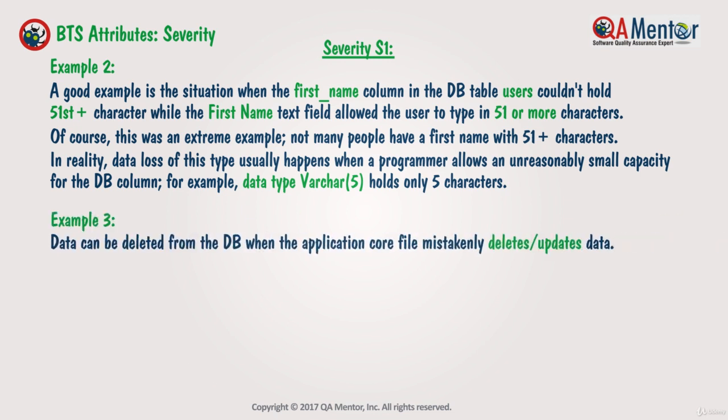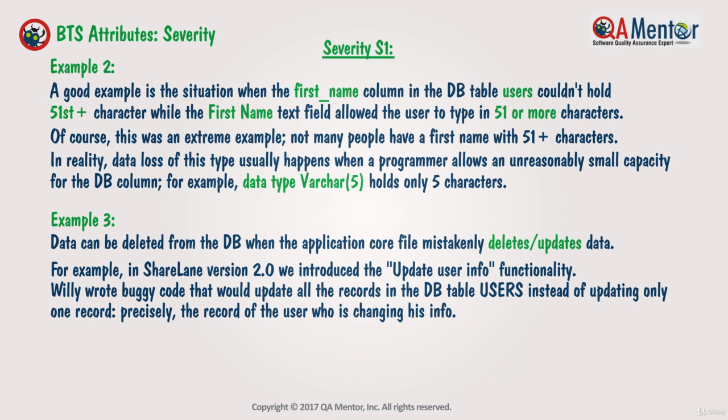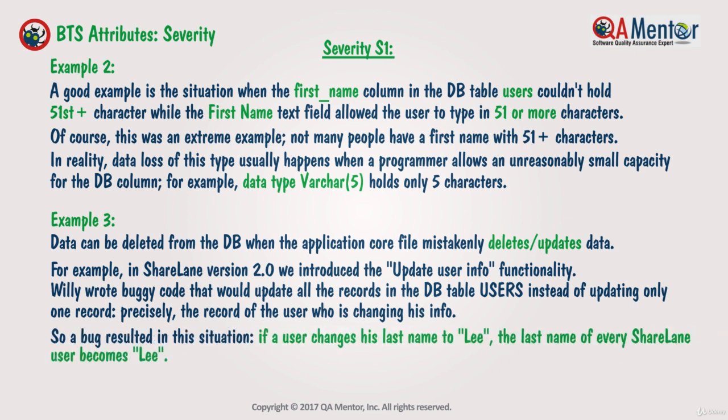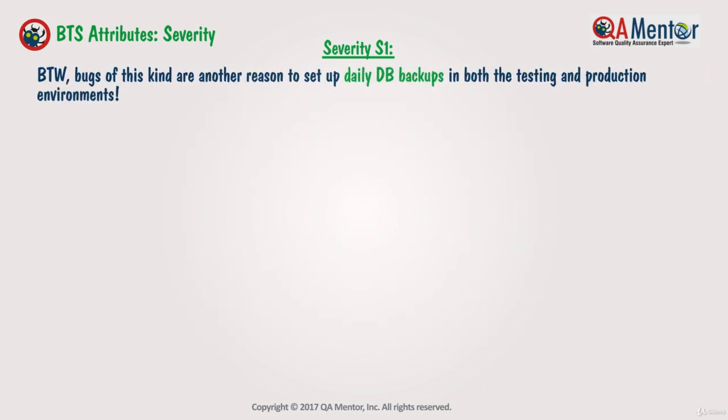Example 3. Data can be deleted from the DB when the application core file mistakenly deletes or updates data. For example, in ShareLane version 2.0, we introduced the Update User Info functionality. Willie wrote buggy code that would update all the records in the DB table users, instead of updating only one record, precisely the record of the user who is changing his info. So a bug resulted in this situation. If a user changes his last name to Lee, the last name of every ShareLane user becomes Lee. By the way, bugs of this kind are another reason to set up daily DB backups in both the testing